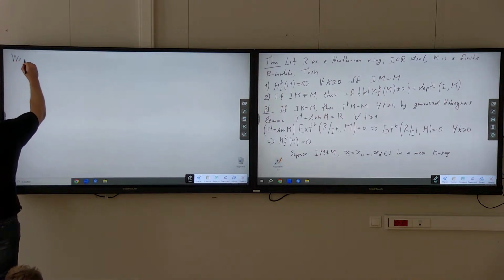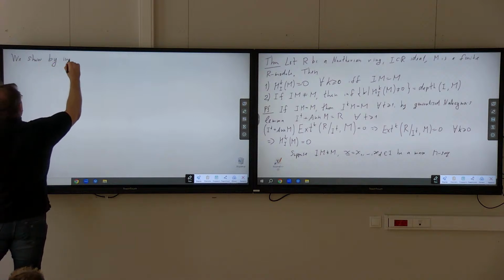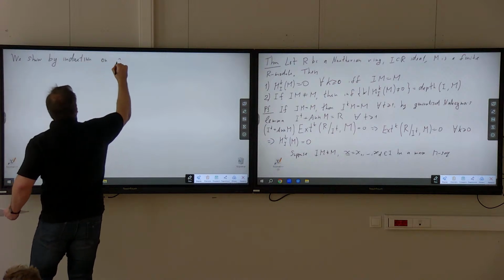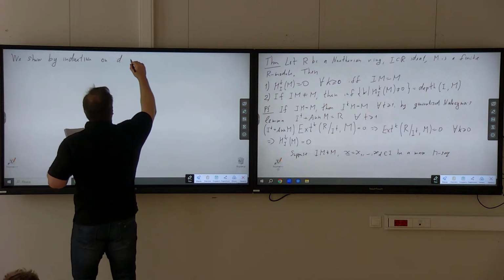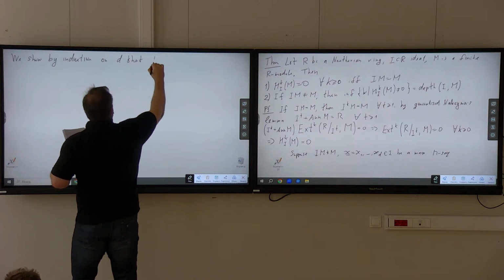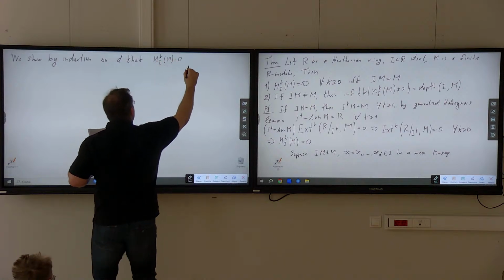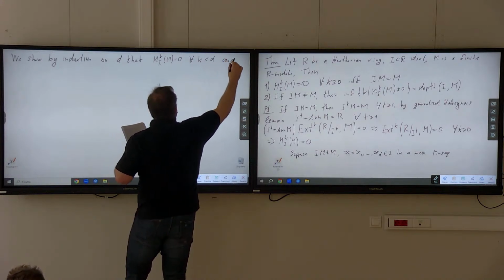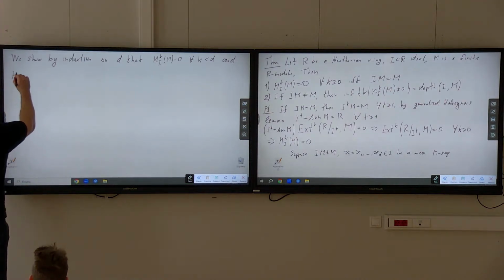We show by induction on the depth d two things. So that H_k^I(M) is 0 for any k less than d, and also that H_d^I(M)